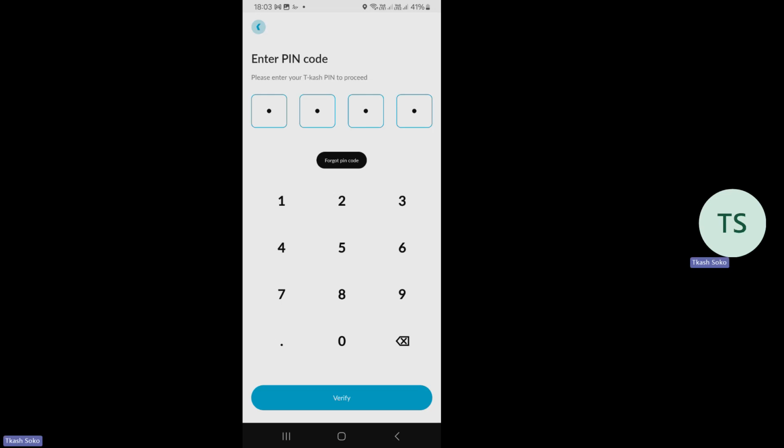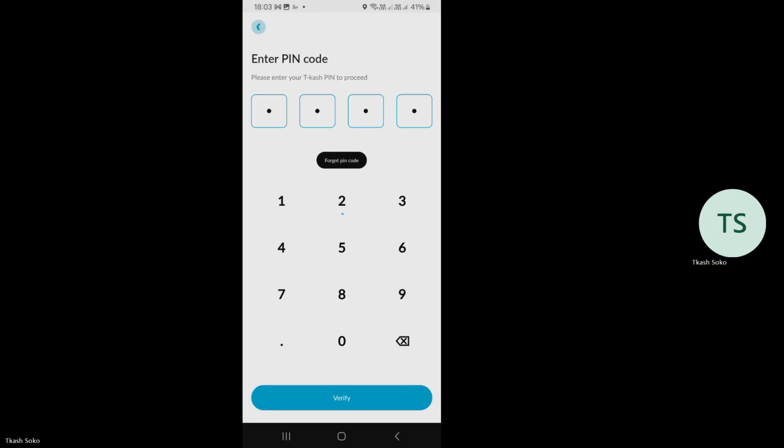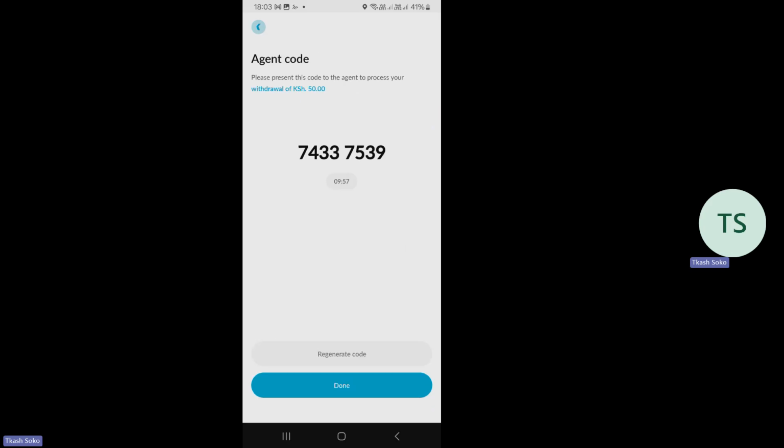It tells me to confirm the details that I want to withdraw the 50. Yes, I confirm, so I'll generate the code. A code will be generated. This agent code is what I will give to the KCB Bank agent or the T-kash agent. When I give them this code, they will withdraw from their device and give me the money.